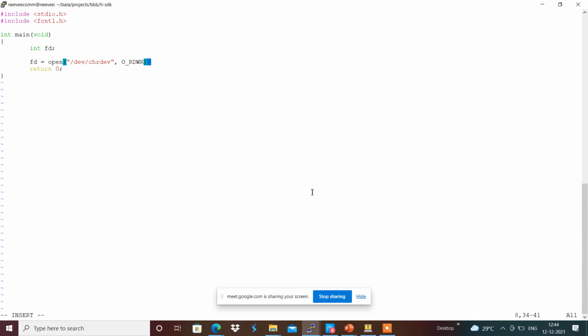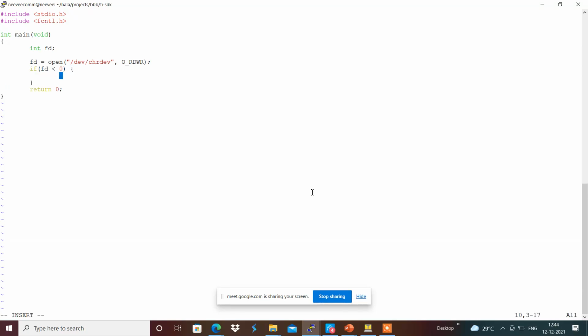If the file descriptor is less than 0, an error occurred, and we can see something like printf open failed over here, and then return -1 over here.